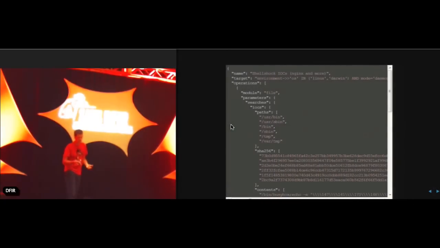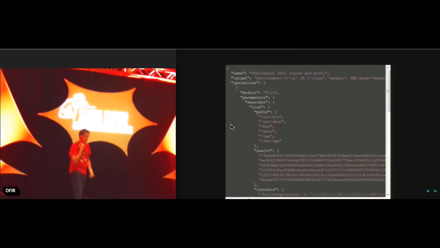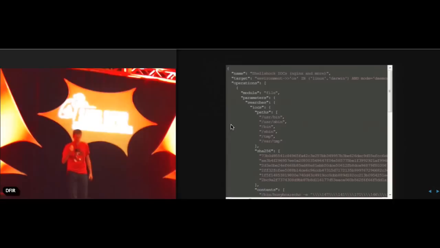So this is a JSON file that describes things we saw during the Shellshock mess last year when Shellshock was being exploited and we could find IOCs on tons of blogs and websites and everything. And I collected them into that one action that we run many times throughout the day to make sure that our servers were not being exploited. And I still run it once in a while, kind of like an antivirus signature, to see if anyone is exploiting it. So what it does here is that you have a name, okay, you have a target,